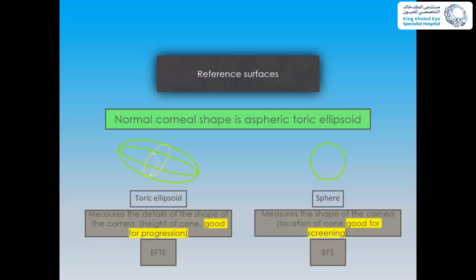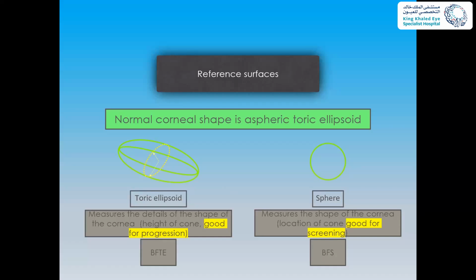as well. So most of us, when we are born, we have with-the-rule astigmatism. So an ideal cornea is a toric, not a round cornea. So a cornea is a toric ellipsoid. So an ideal fit or a reference surface should be a toric ellipsoid. Okay. So when to use the best sphere fit? Most of the time you should use best sphere fit because